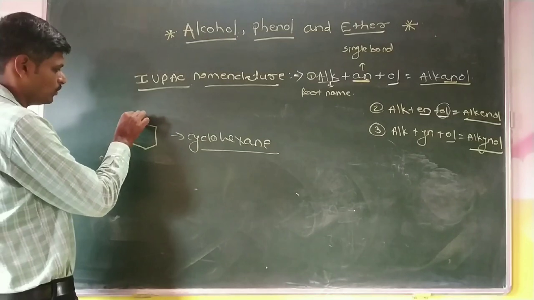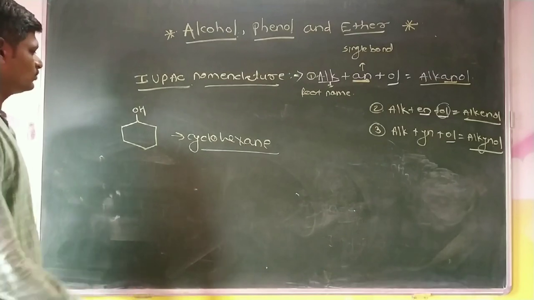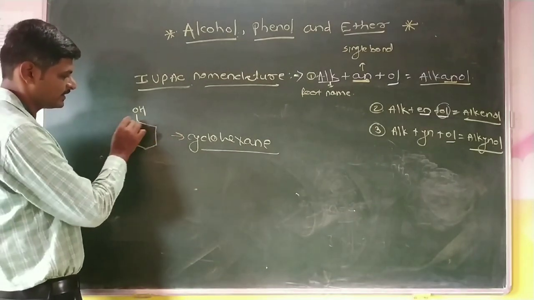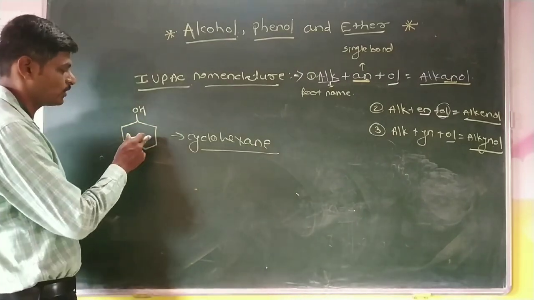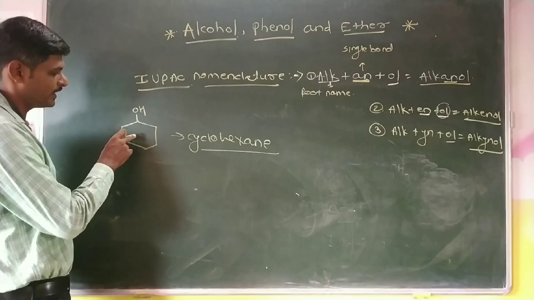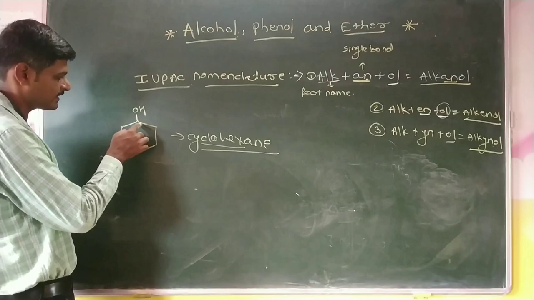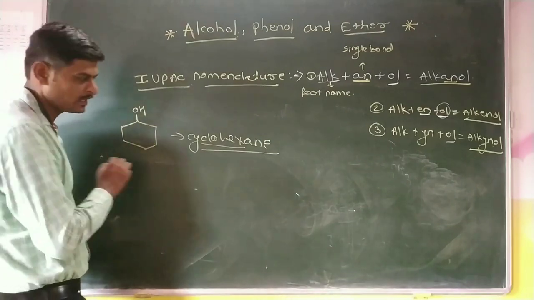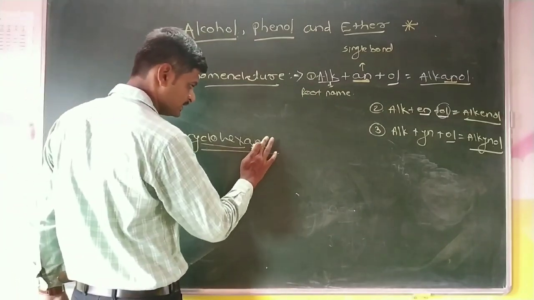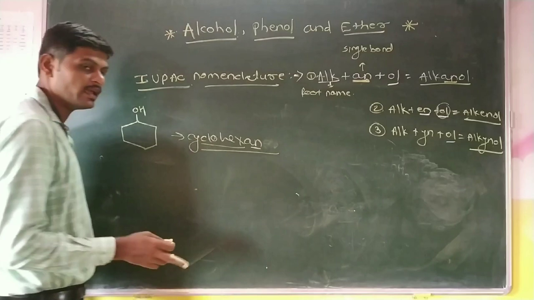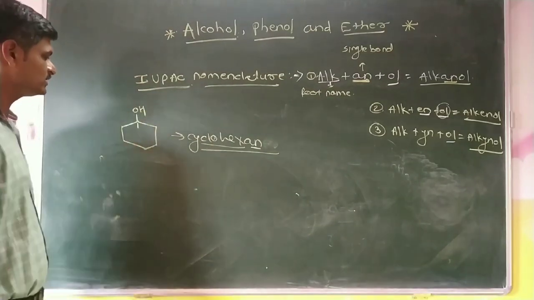In this example, one OH group is attached. Then we first select the parent. This is a ring, so it should be considered the parent ring, that is the cyclohexane ring. Cyclohex is the root name for a cyclic ring of 6 carbon atoms. Ane represents that all 6 carbon atoms are present in single bonds. Okay, this e is replaced by ol,